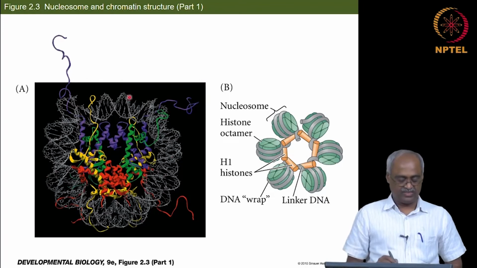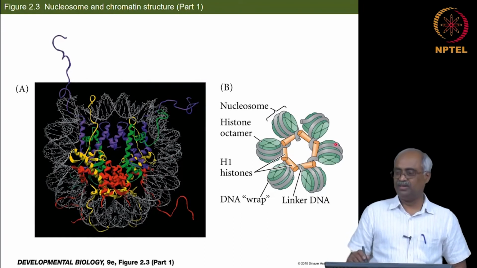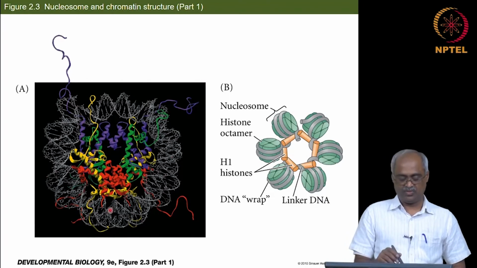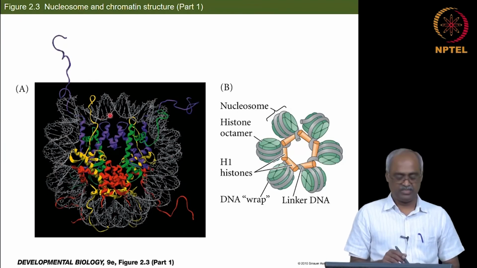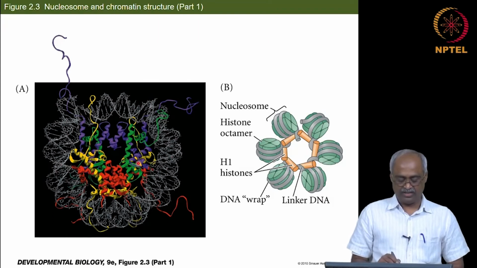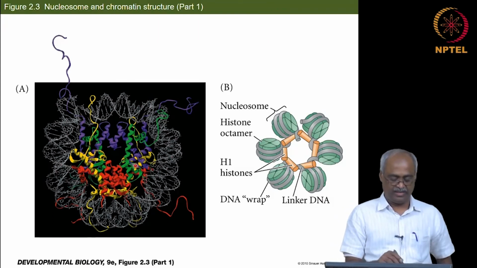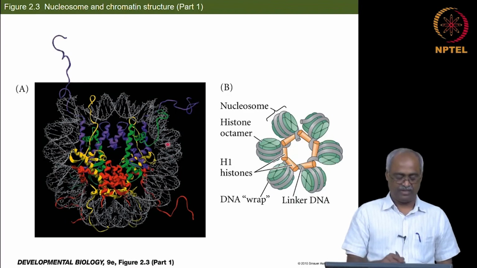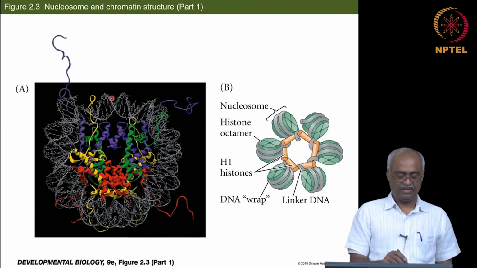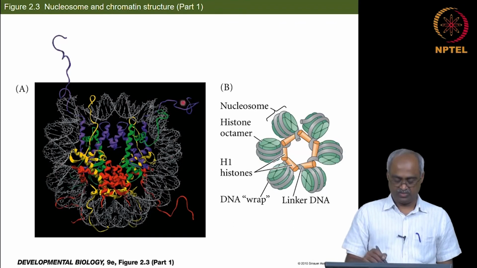So, this is the crystal structure of the same. Okay, so it is the chromosome with all the proteins, the histones, here. You have the different histones, the 4 different ones differently colored here, and the DNA is wrapped around it. And pay attention to these tails. These are histone tails coming out, and they are important for our discussion.